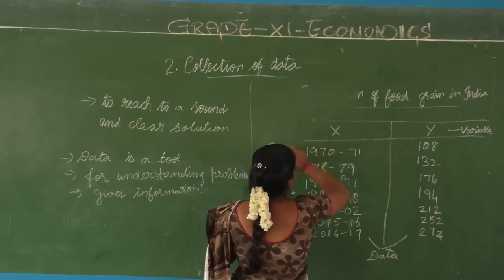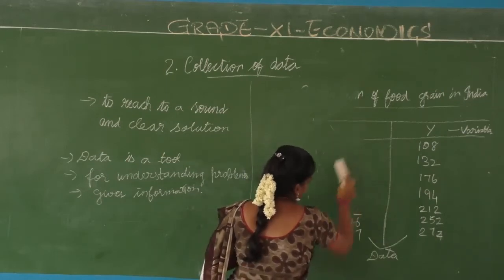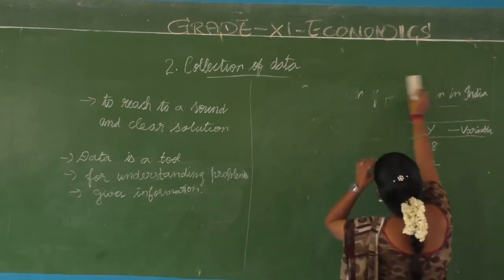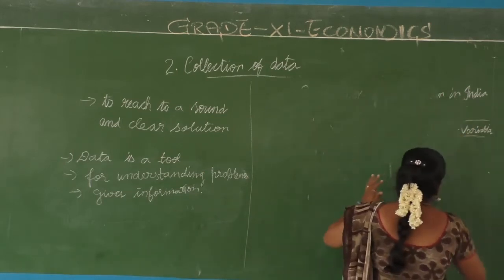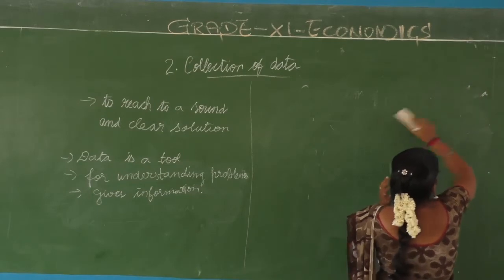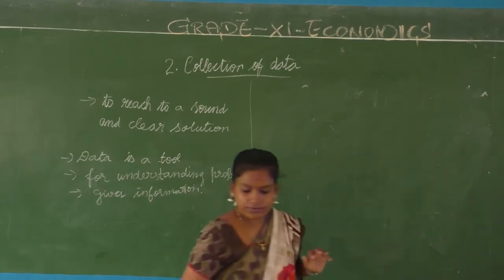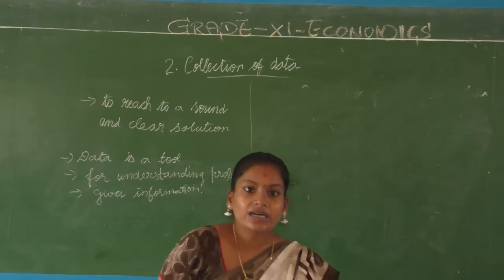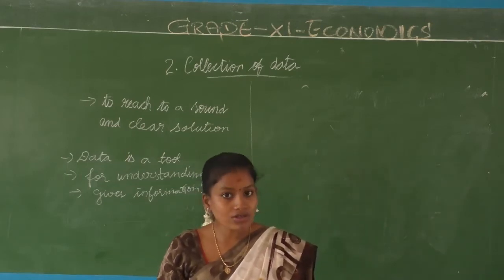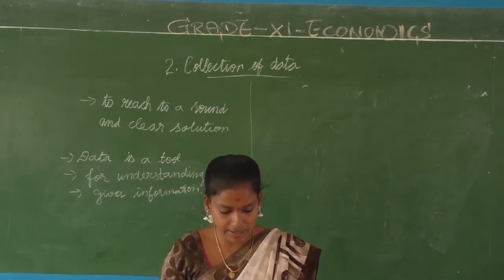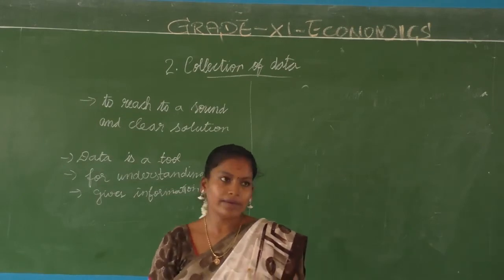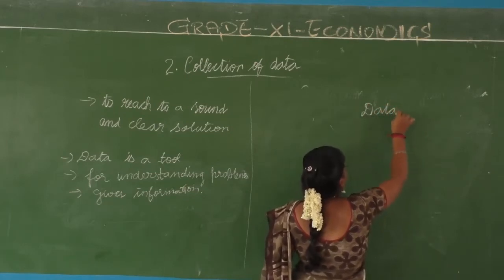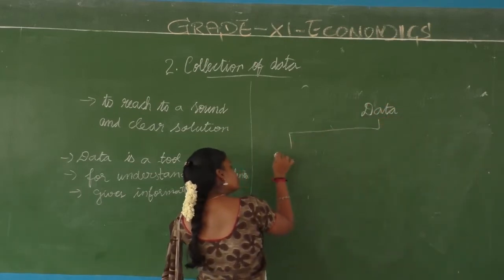Okay, from where can you collect data? Sources of data means, from where are you going to collect the data. There are two kinds of sources. One is called primary data, another one is called secondary data. Based on the source, you say whether it is primary data or secondary data. So the researcher can obtain data in two ways, from two sources.